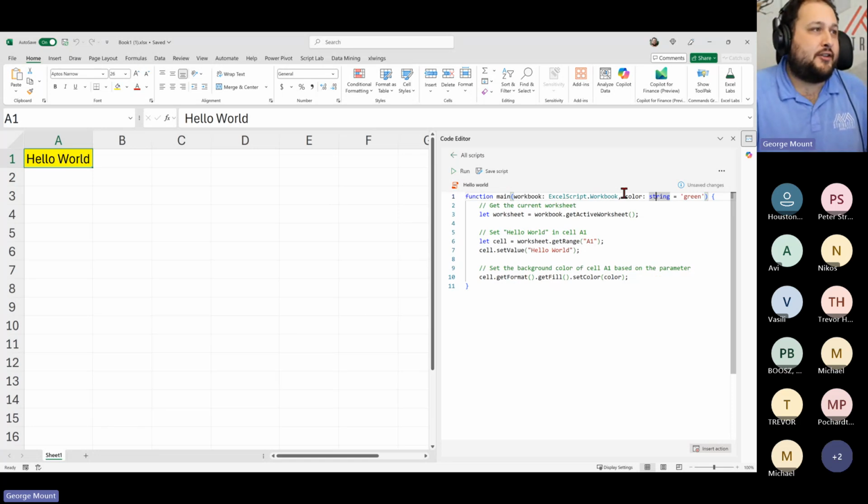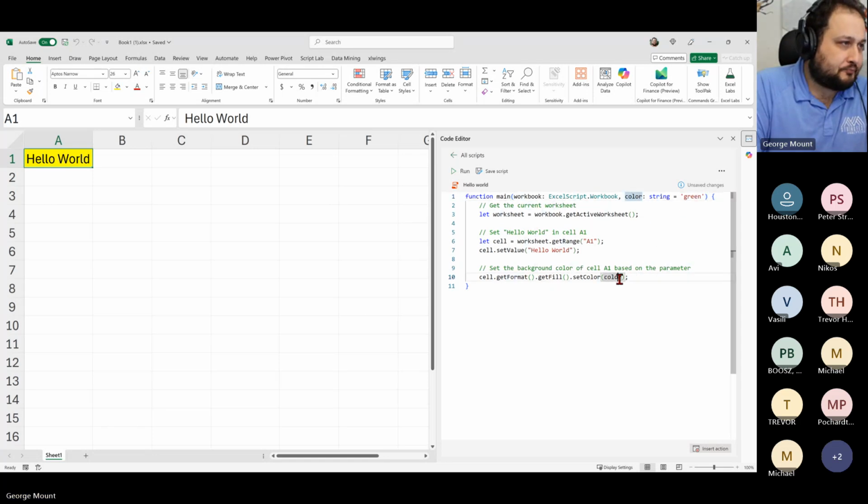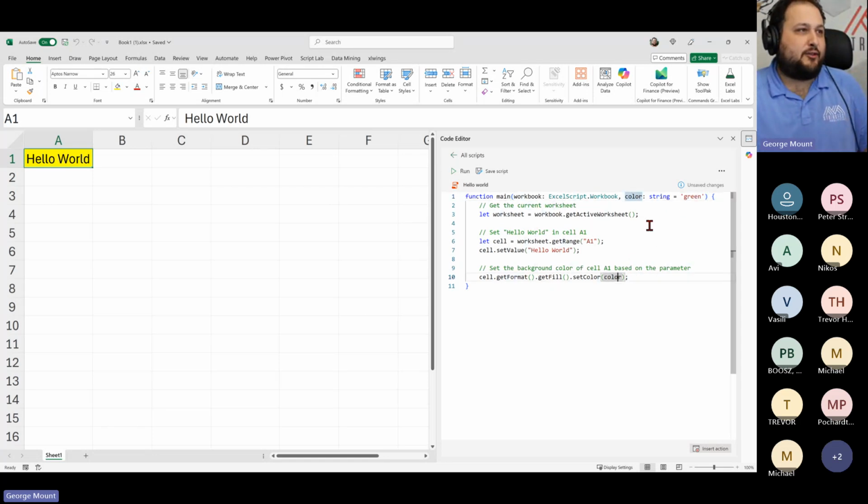So we are going to be calling out, explicitly defining those variable types up here in the parameters. So we're setting up a color. It's a string. It's going to be green. And the way you want to think about this is that we are using this variable and we're going to pass it down here. So we've defined color as a string being green. We're going to set that color down there.